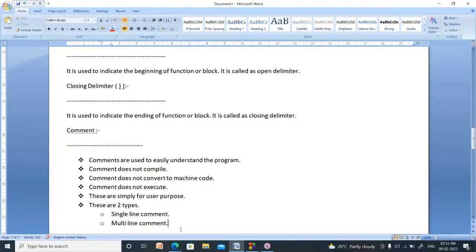Comments don't compile, they are not converted to machine language, and they do not execute. For what purpose are we writing them? We write them for the user, for our purpose. They are not for the machine, they are for us.